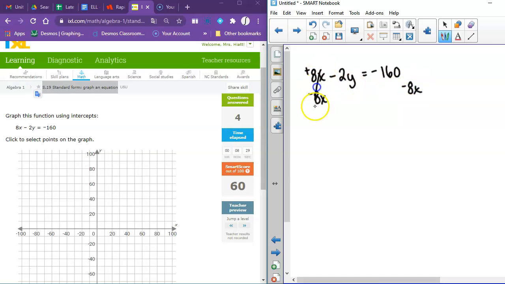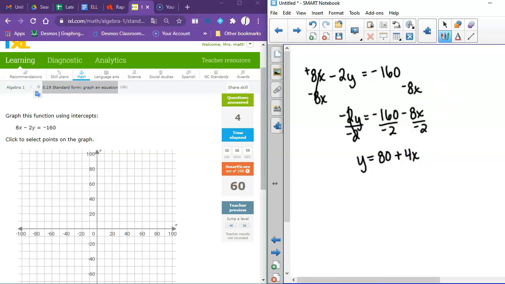We're going to subtract that 8x. Don't lose this negative right here. We've got negative 2y equals negative 160 minus 8x. And like we've done on the rest of these, we've got to divide by that negative 2. And so y equals negative 160 divided by 2 is 80. And then right here, we've got negative 8 divided by negative 2, which is going to give us a positive